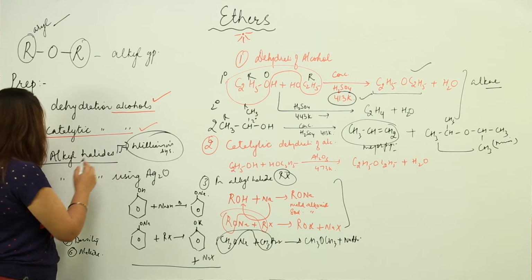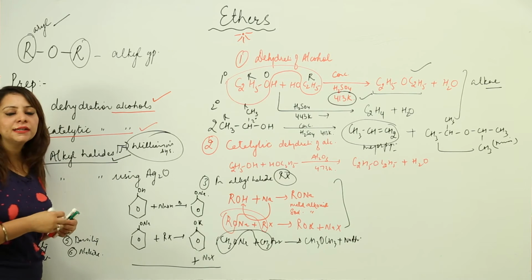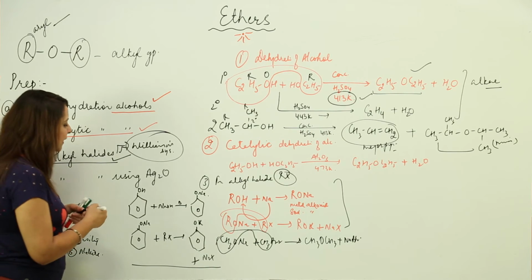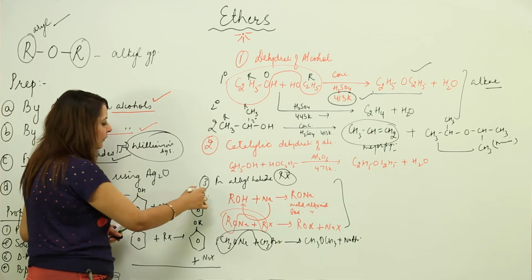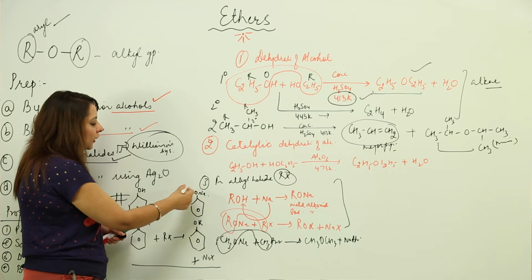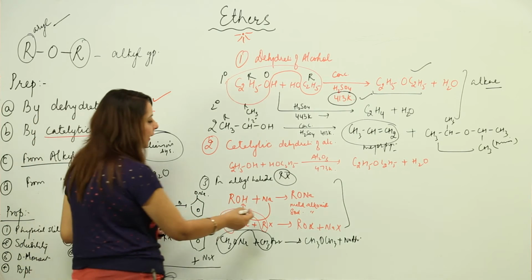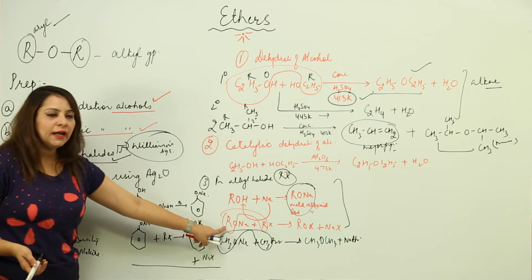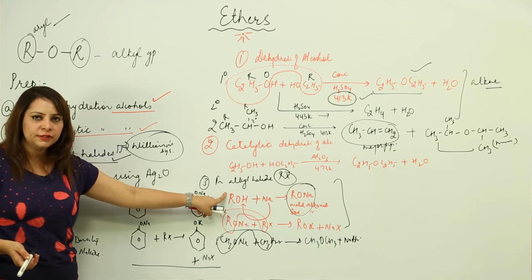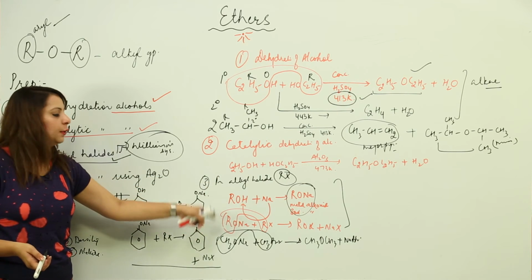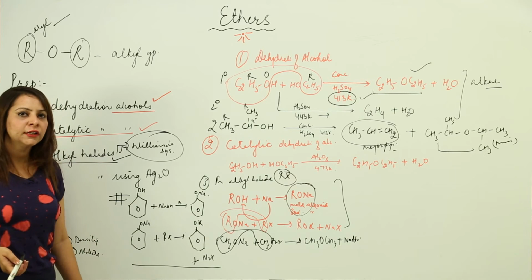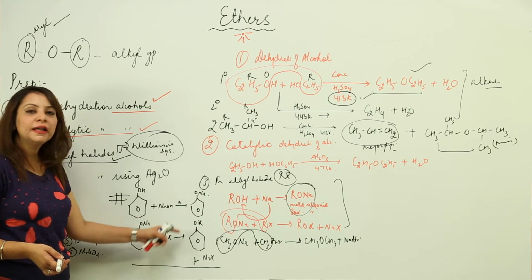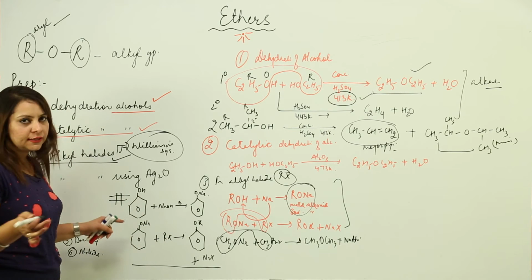So we can prepare ether by reacting the metal alkoxide with alkyl halide. The first step which I showed you, where I was preparing the sodium phenoxide ion, or here the metal alkoxide, you may or may not show. You can also write the direct reaction, or you may first show the preparation of RONa and then how it reacts to form ether. It's your choice whether you want to show the basic step also, or show the direct step individually. So it's up to you.